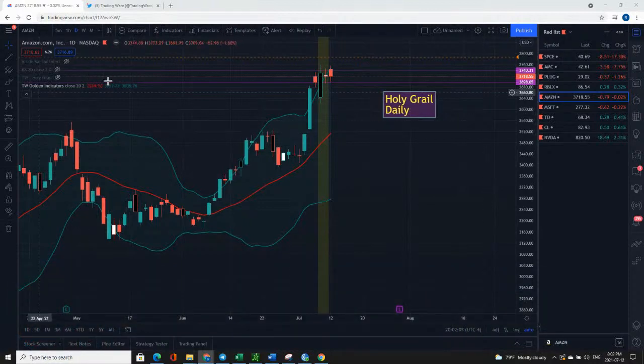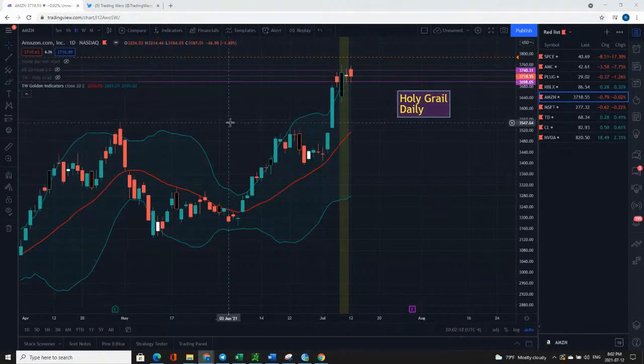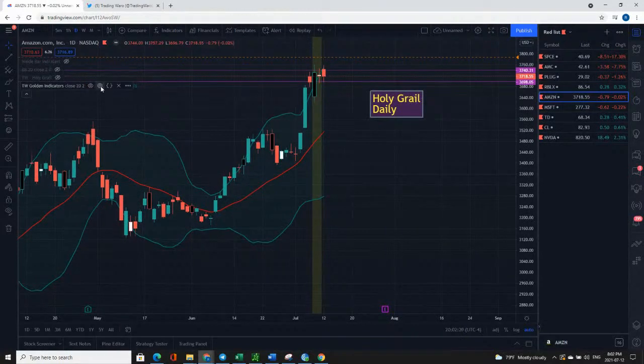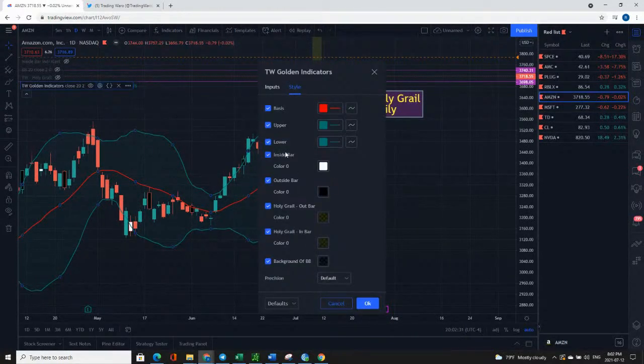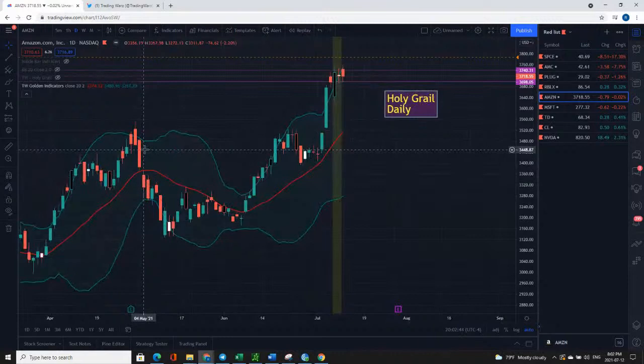Okay, so I want to talk about the indicators. There are two forms of the indicators now, and I want to share this with you guys for free because that's how we do it. Basically, the Trading War Golden Indicators is what I called it. My book is called The Golden Partnership, so I said, let's keep that golden term going. What this indicator has is everything that I use. It has the inside bars, the outside bars, the holy grail setups, and the Bollinger Bands. You guys know I mostly use the Bollinger Bands as a secondary indicator for the higher time frames. But with this, you should be good to go.